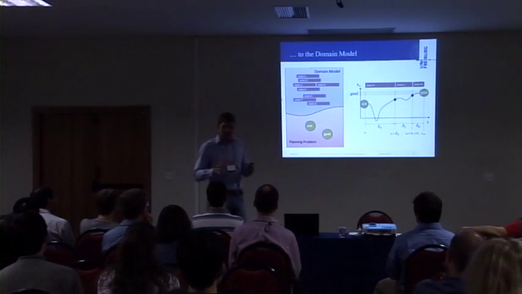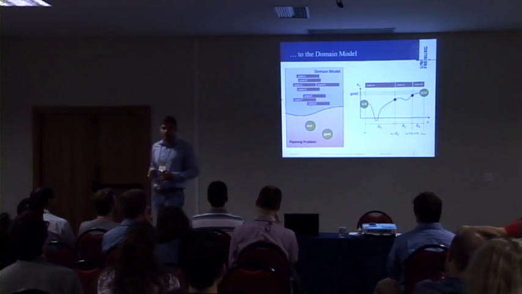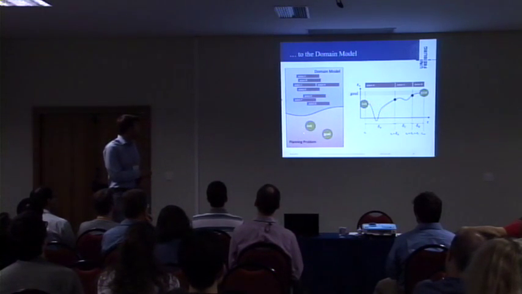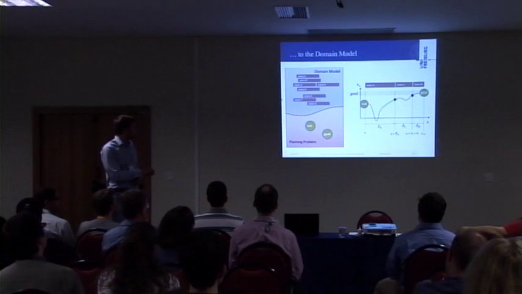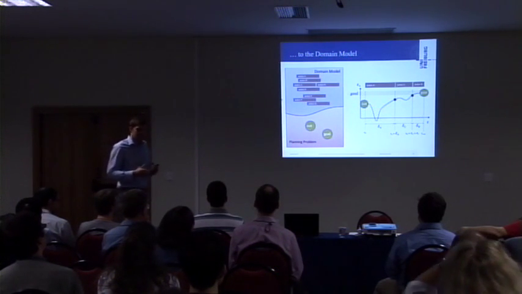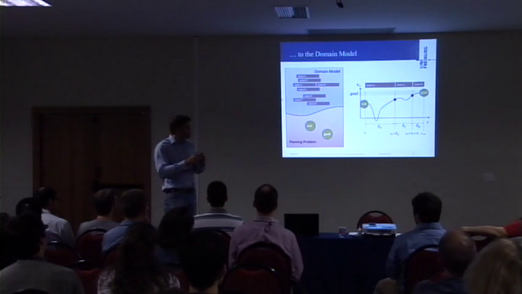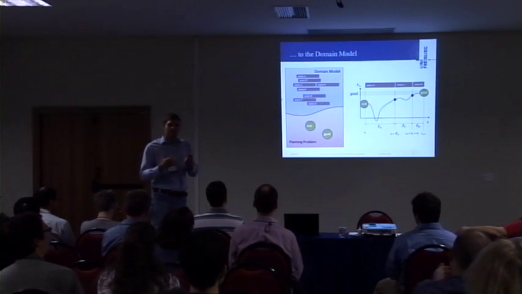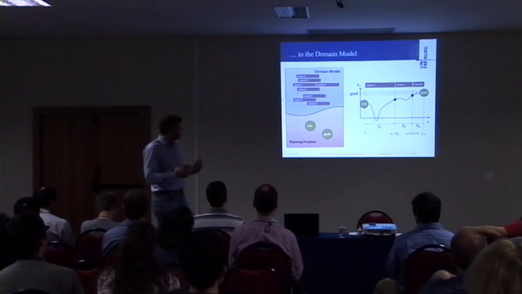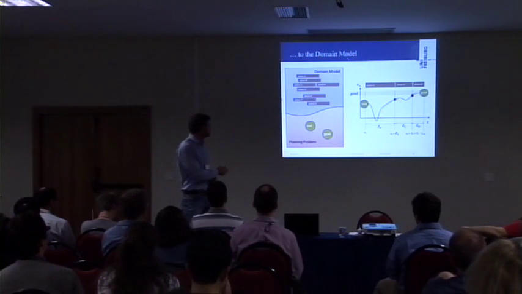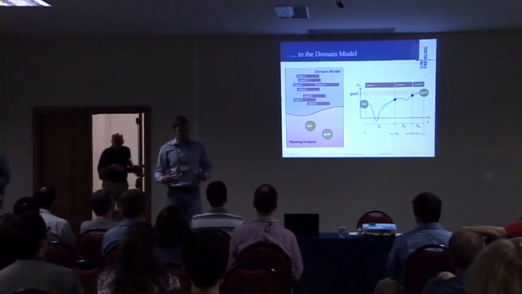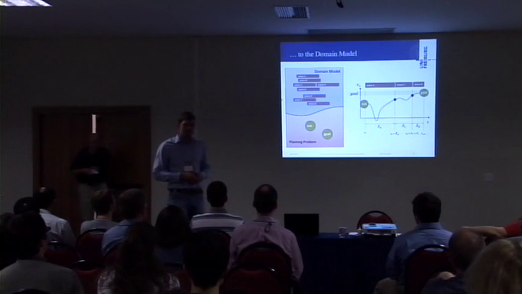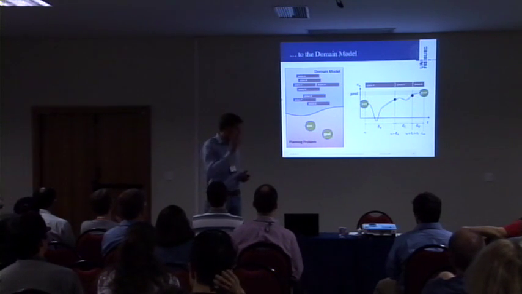A set of leaf actions now embodies our domain model. The planning problem is still defined by the initial state where we currently are, and the goal state where we want to be. And if we look at this right graph, these are the numerical states, and this is the time in the future. The planner can start stringing together actions and predicting future states until it has found a state which satisfies the goal conditions, thereby generating a sequence of actions which can be translated back into the real world, into an input signal which will guide our hybrid system into a state satisfying the goal conditions. So this is the idea.